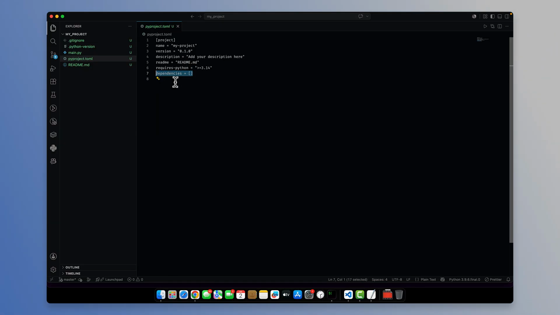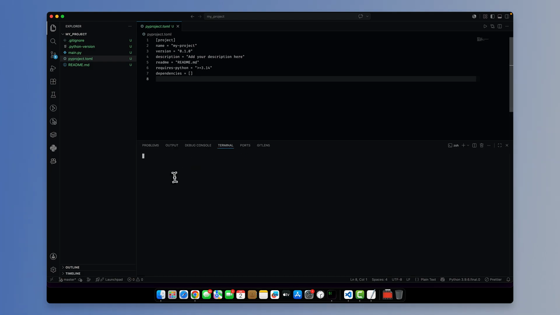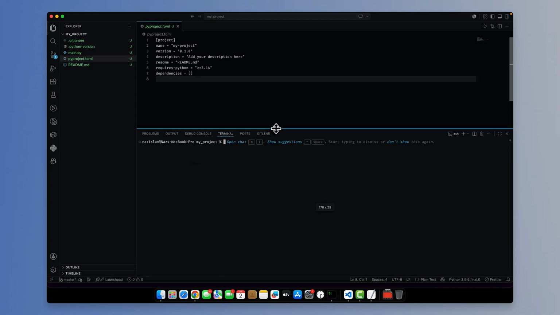And here is the list of the dependencies. Right now we don't have anything, right? As we haven't added any dependencies to it. So I hope we have gone through this project structure well in this format. So let's open up the terminal so that we can play with some of the UV commands. So let's say we want to